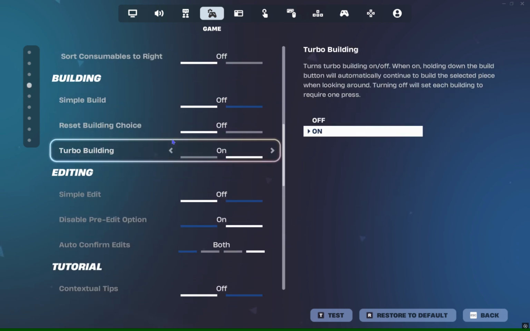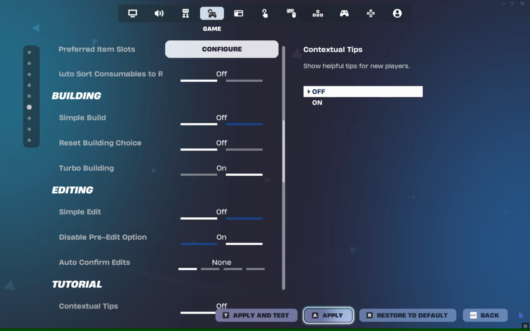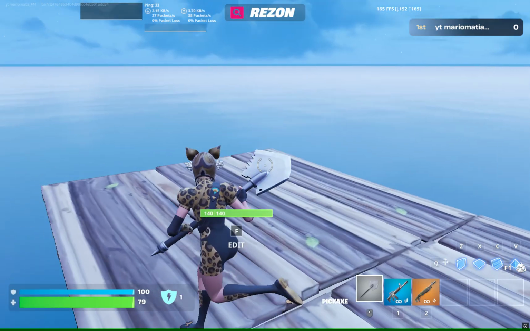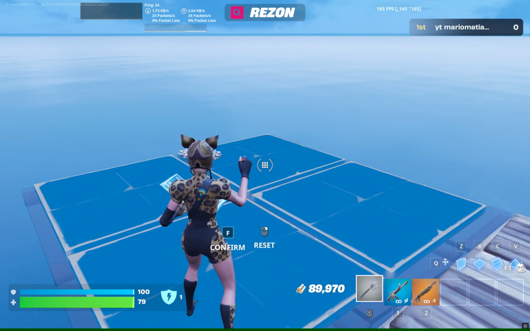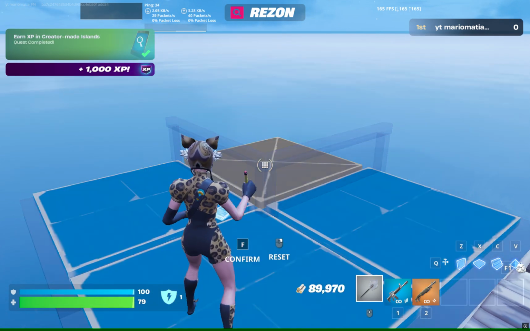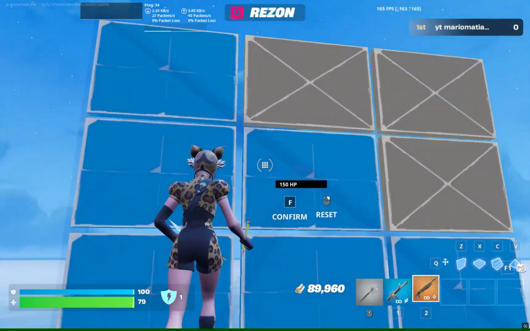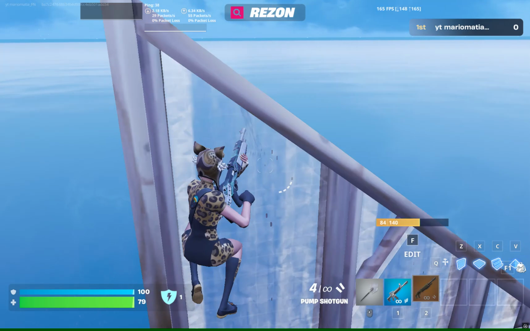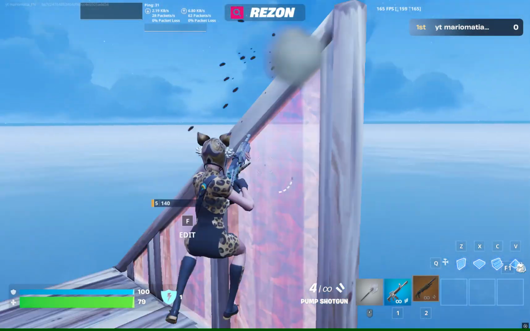You want to copy these. And if you have this none, you will get these slow edits. Some say it's better for this big, because you can make this big.